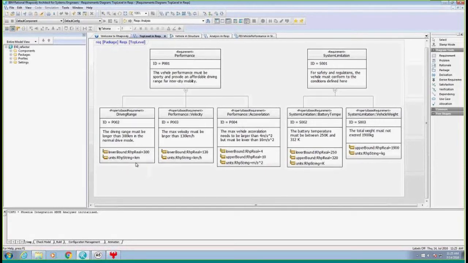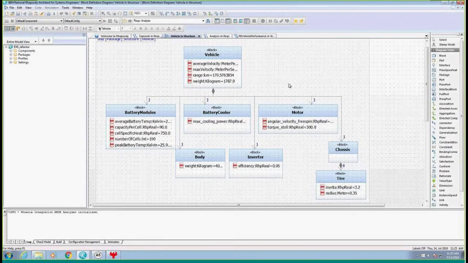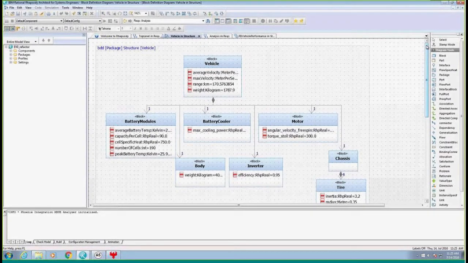Now that we have requirements, we need to describe the system. We do that structurally in what we call a BDD, a block definition diagram. What the BDD does is describe the environment and the actual system itself, how that gets decomposed, and how different pieces of that system connect with each other. In this case, we have an example here of the vehicle. A vehicle would be the electric vehicle that might have certain properties associated with it. In this case, it could be range, it could be weight that gets added,